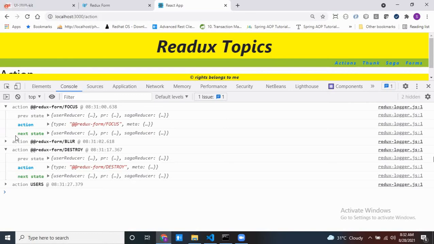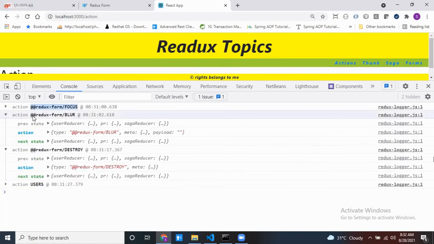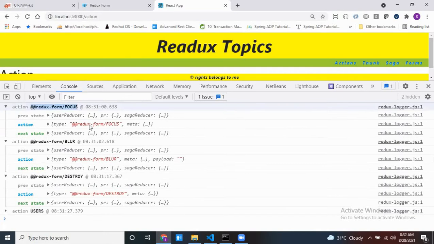Yes or no? Okay, now tell me, this action and this action, triggered by whom? Did you write any code? Dispatch type equals users? Yes, you wrote type equals users. But type equals @redux form focus, did you write it, or did the Redux form people write it? Yes or no? Okay, that means the Redux form people